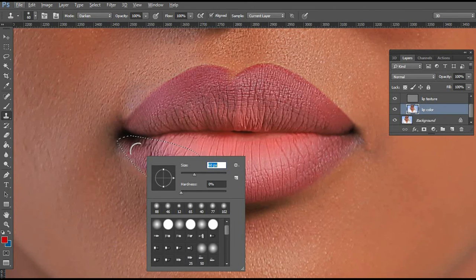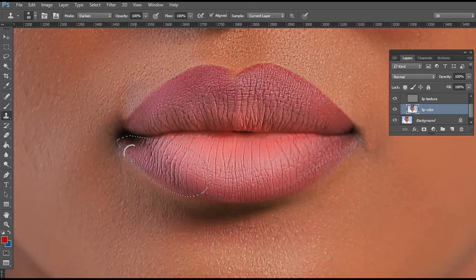Guys, don't leave us yet, because there is something that I want to show you towards the end of the tutorial that is even going to make these lips more pop. It's not just about the lining. I'm just going to share with you that Hollywood technique they use for most of the celebrity pictures. Still we darken the edges just like that,